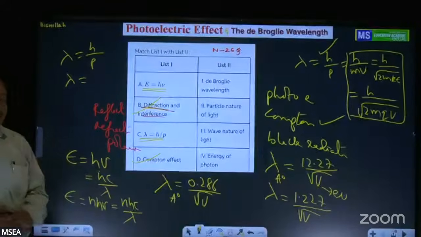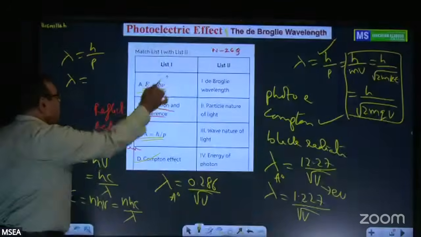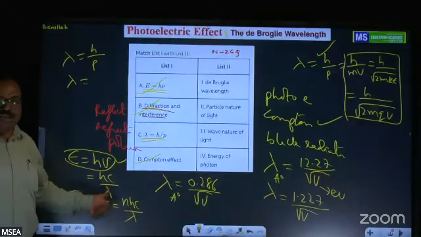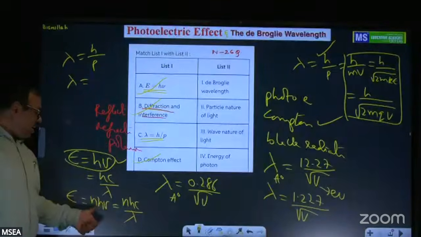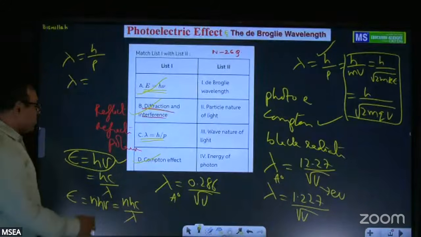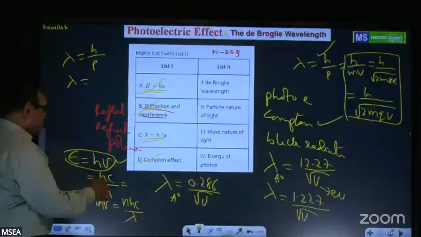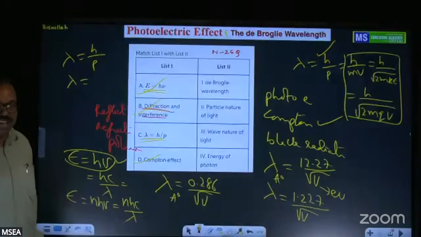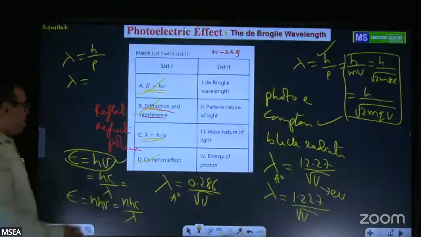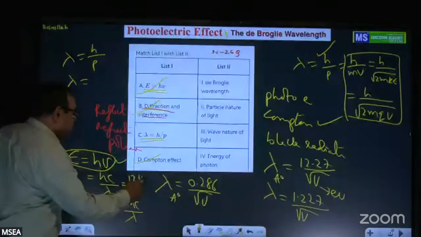They may ask here only E is equal to h nu. And what more may they ask? hc by lambda, or n into h nu, or n into hc by lambda. Suppose they give h, Planck's constant, you have to remember 6.62 into 10 power minus 34, and also we can write it as